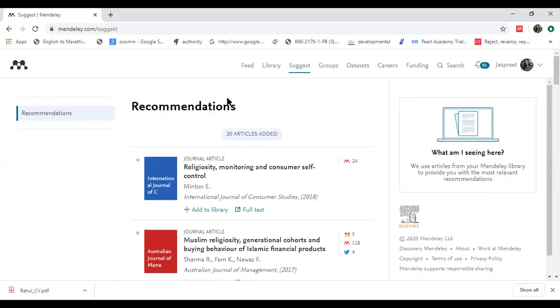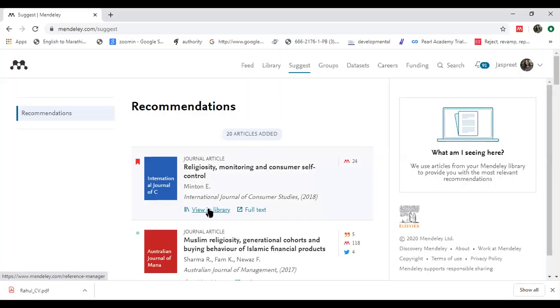Because from the past 2-3 hours that I am with you, I have only been importing papers, religiosity, religion. So look what it is showing in my recommendation. It is saying these 20 articles are recommended for you to read because they are not there in your library. So what do I do? I go to add to library and it will get added to my library.